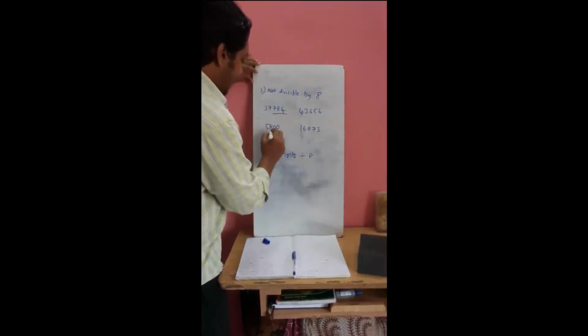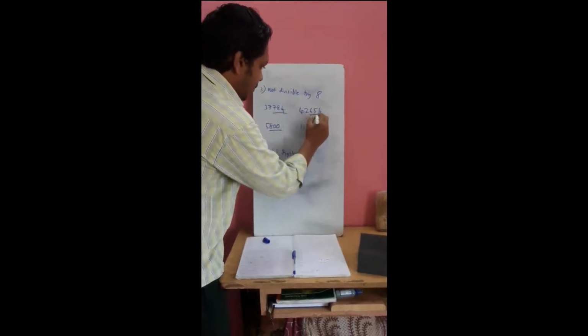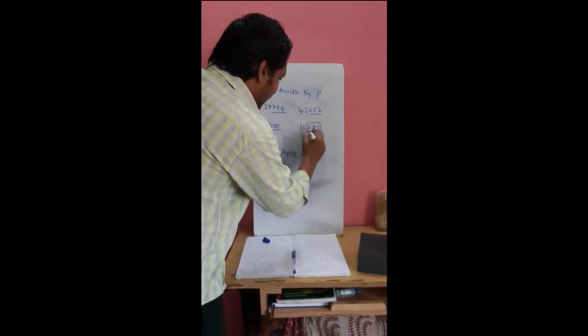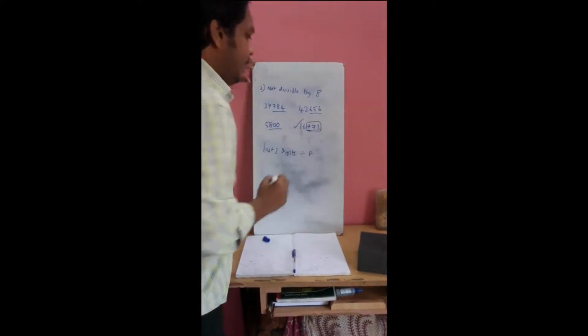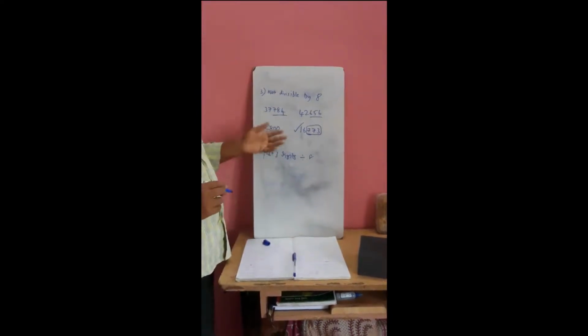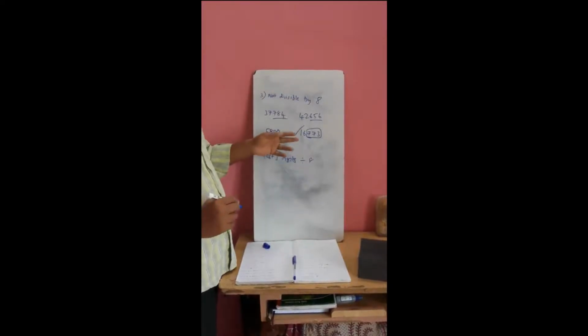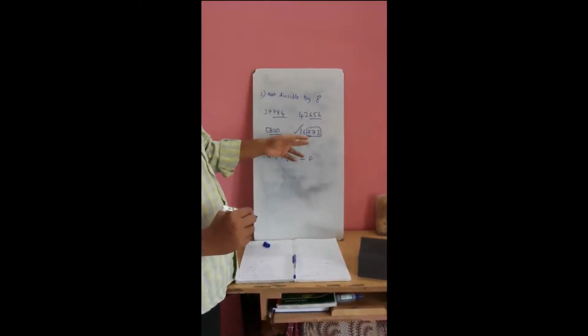784 is divisible by 8, 800 is divisible by 8, 656 is divisible by 8. 773 is not divisible by 8, and hence 16773 is not divisible by 8. This is the correct answer. There is an easier way for solving this problem. Even numbers are divisible by 8 and odd numbers are not divisible by 8. There is only one odd number, and hence that is the correct answer.